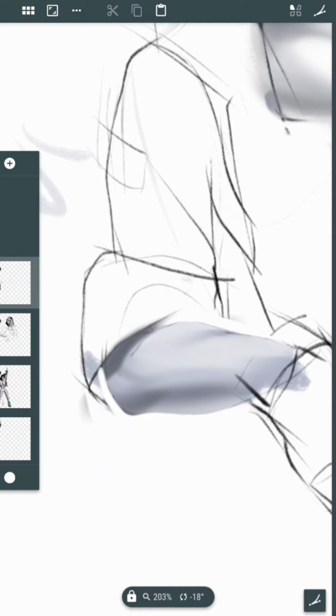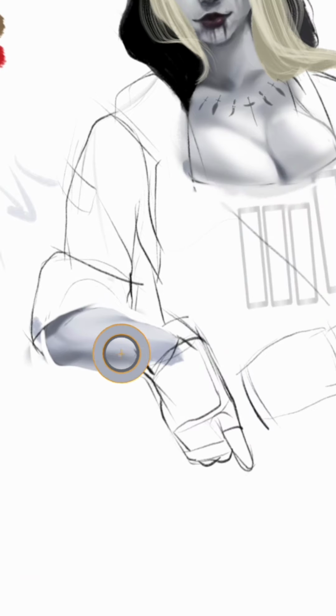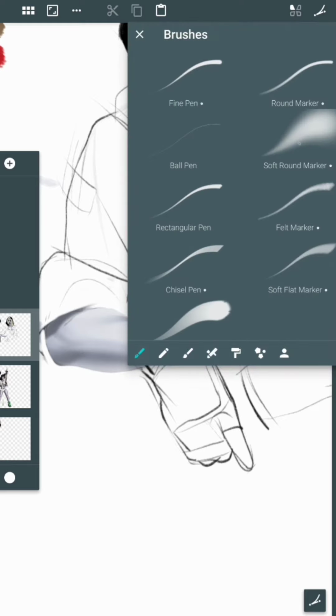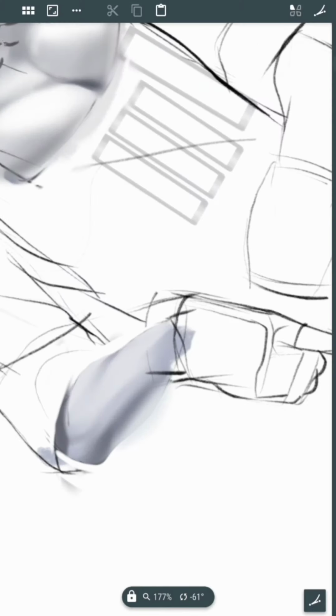So I merge it again, erase it, erase some more. Okay, so that, and I just need to highlight this even further using the soft round brush. Then there we go, and then erase the excess color paint. All right,